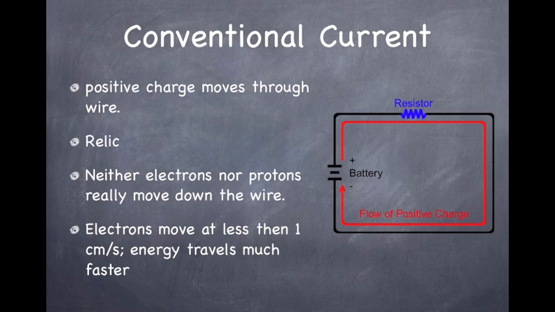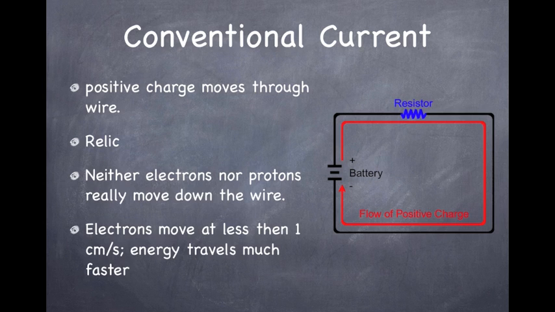Now, conventional current is not really something like alternating current or direct current. Conventional current is a relic of when they thought it was the positive charge that moved through the wire. Now, we still draw diagrams that look like this. We know that it really should be electrons because protons don't move, but we actually do know that even electrons